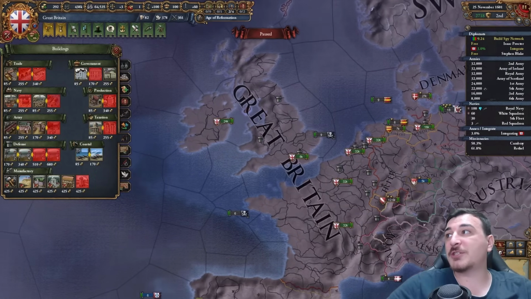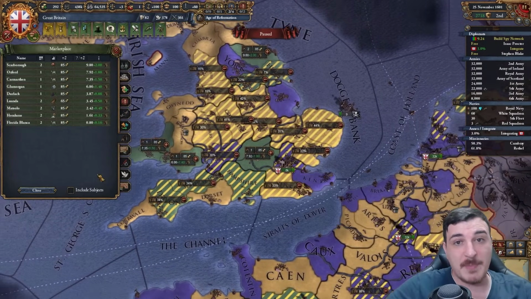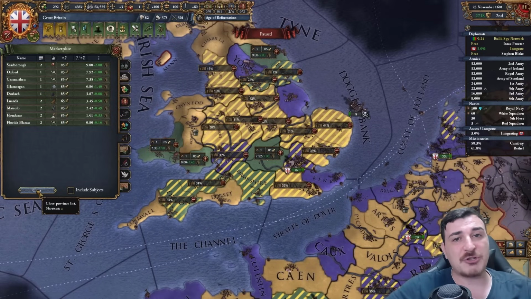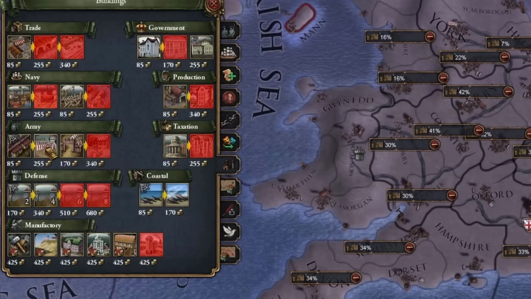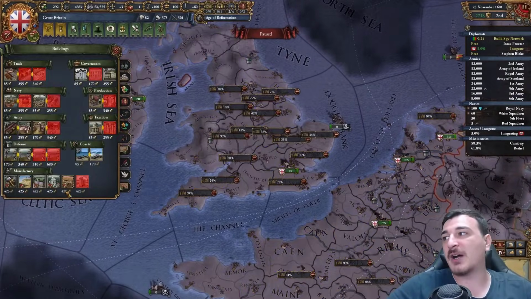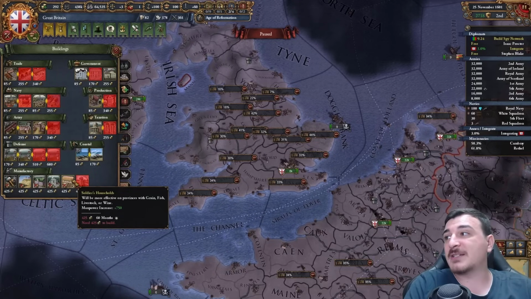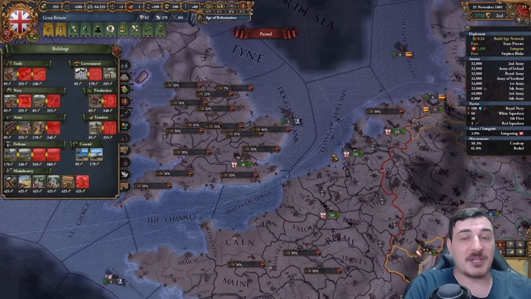Marketplaces and their upgrades, you only want to build them in provinces where they offer a lot of extra trade power. No need to build them everywhere. So that's usually provinces that have a center of trade or some sort of trade power modifier by default. Barracks and training fields, again in every province. Manufactories you want to build in every province with the exception of provinces that have grain, fish, livestock, or wine, because there you want to build a soldier's household, and that pretty much explains everything you need to know about